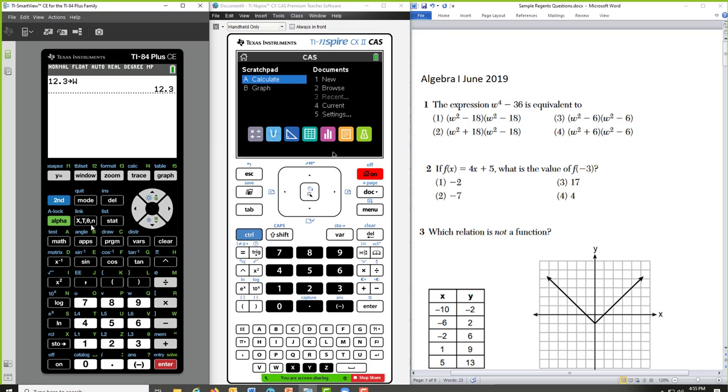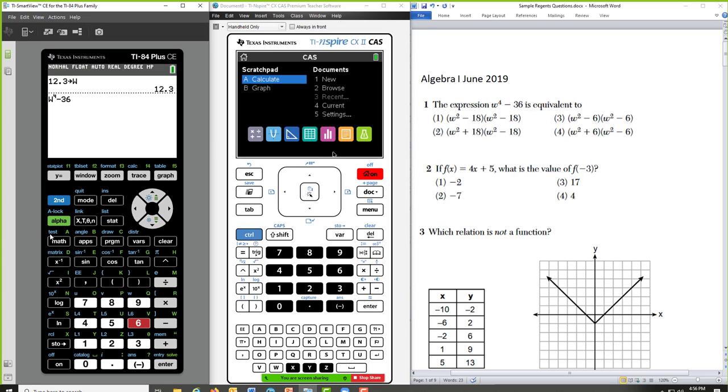At this point in time, I can type in the original problem, w raised to the fourth minus 36. Now, the calculator can't spit out the answer. But I taught the students when I was in the classroom to do it with paper and pen, and then you can set your answer that you attain by hand equal to the problem. The Regents is a math test.